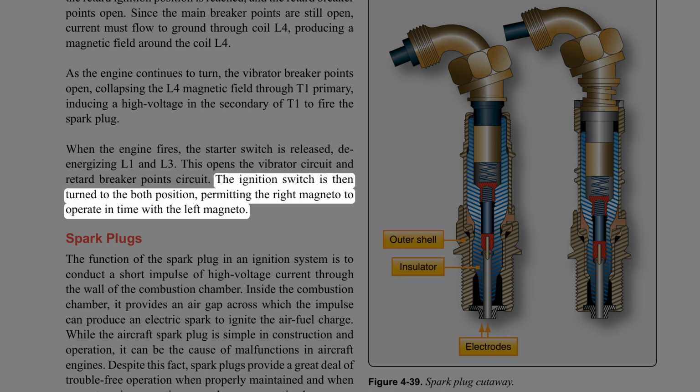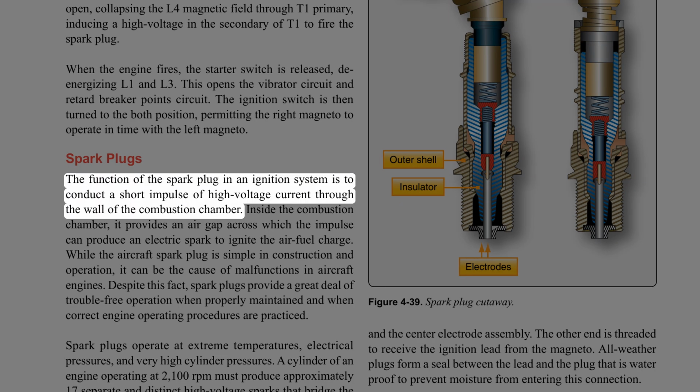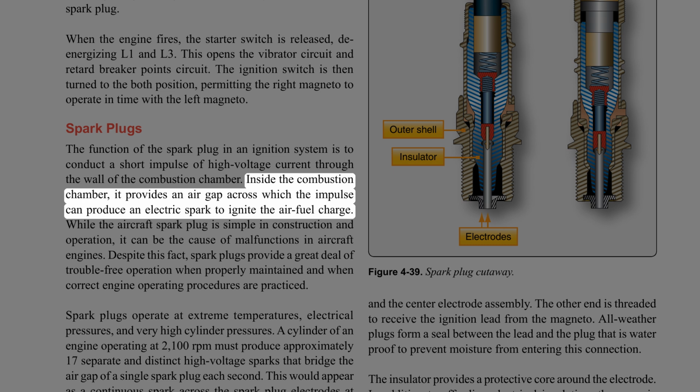left magneto. Spark plugs. The function of the spark plug in an ignition system is to conduct a short impulse of high voltage current through the wall of the combustion chamber. Inside the combustion chamber, it provides an air gap across which the impulse can produce an electric spark to ignite